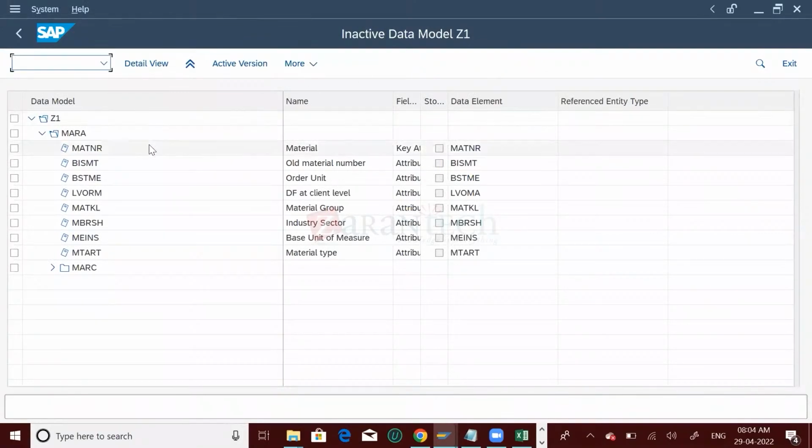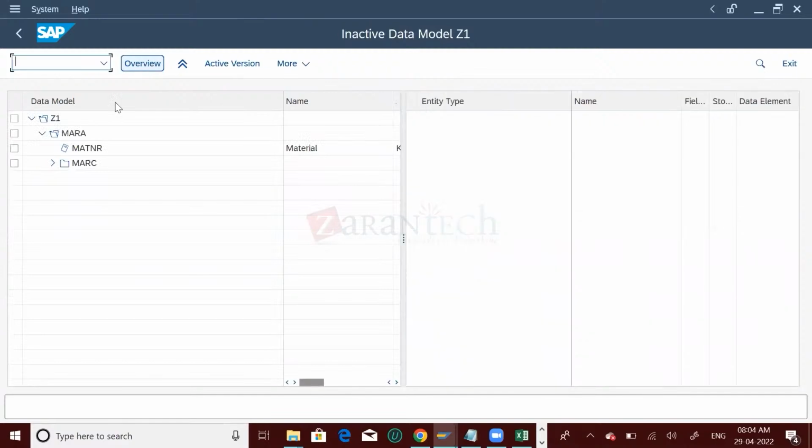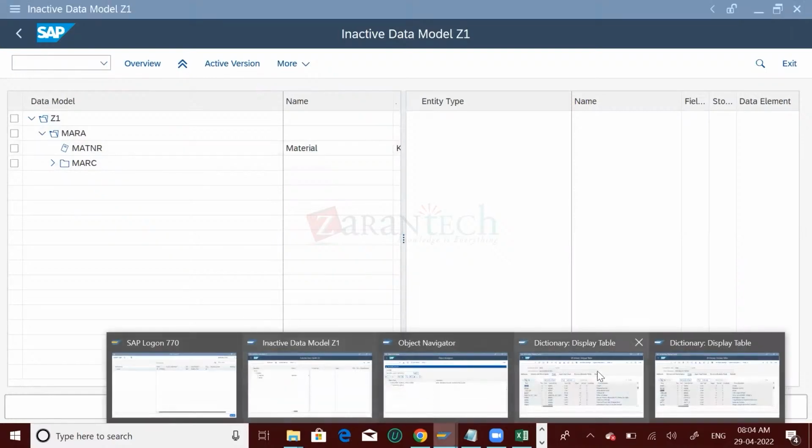So this is the data model, right? Now view details. Now if you see in MARA, this portion will show you the key fields it has. So in MARA, we have MATNR as key field. Why MATNR as key field? Because